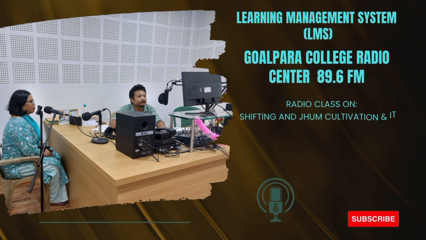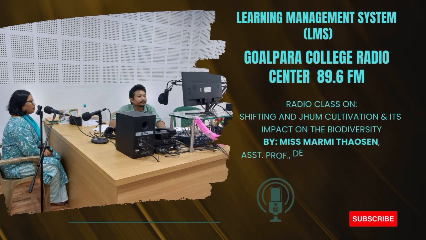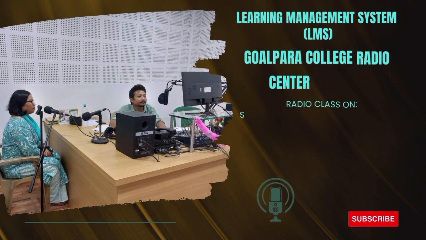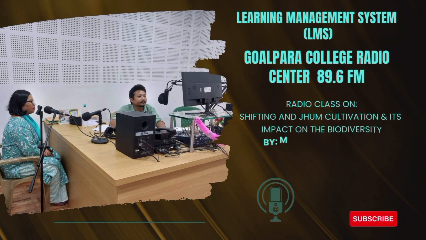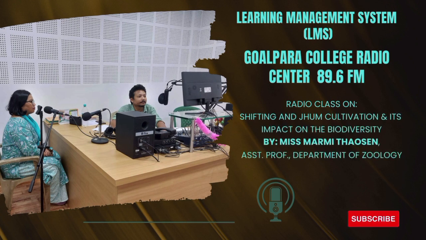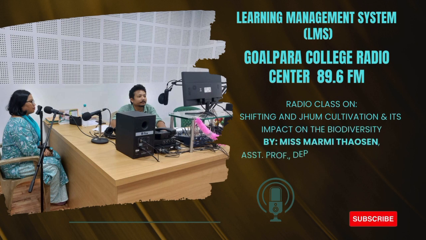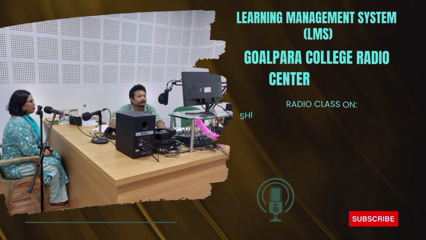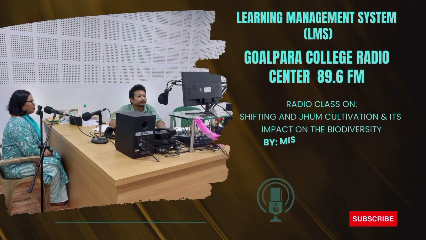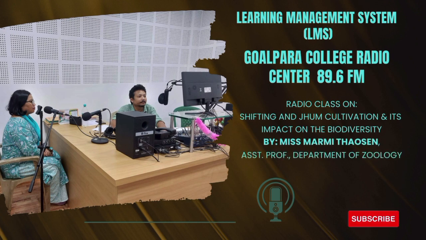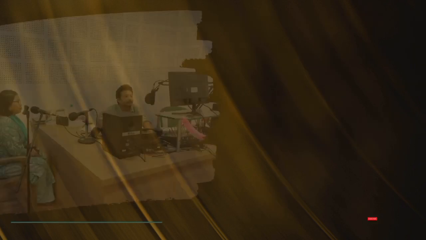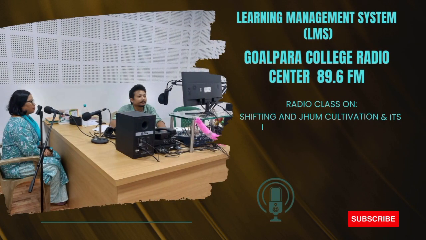The last and the sixth effect is soil degradation. Every one of us is aware that Jhum cultivation can also lead to soil degradation, which can have further negative impacts on biodiversity. The practice of Jhum cultivation involves burning the debris and vegetation on the land, which can reduce the organic matter in the soil and release nutrients. However, this can lead to soil erosion, loss of nutrients, and changes in microclimates, which can have further negative impacts